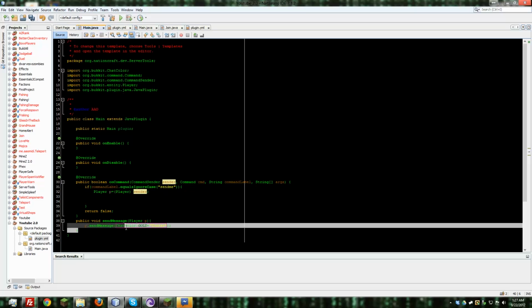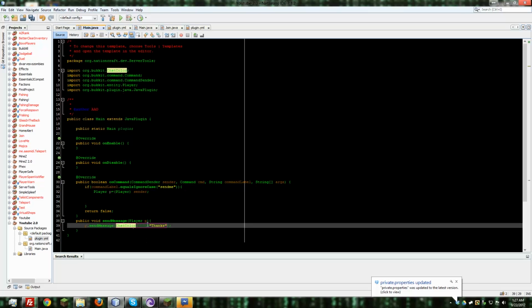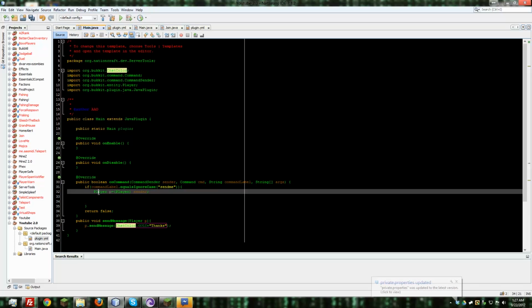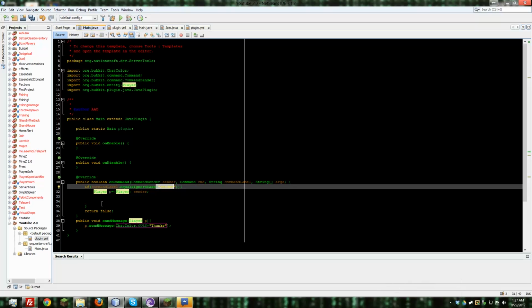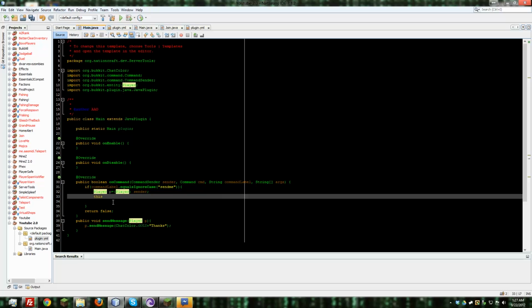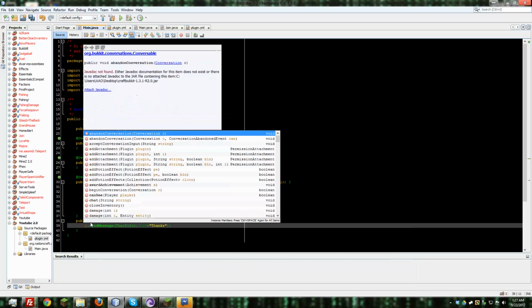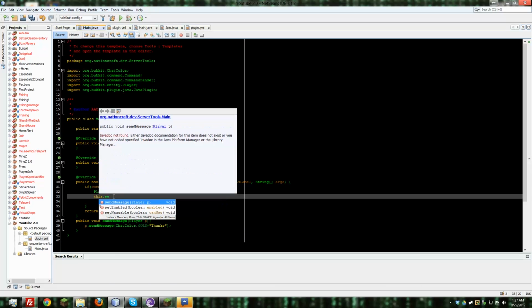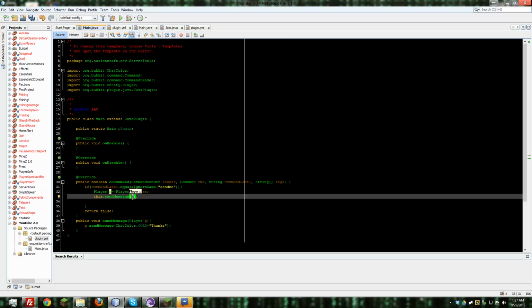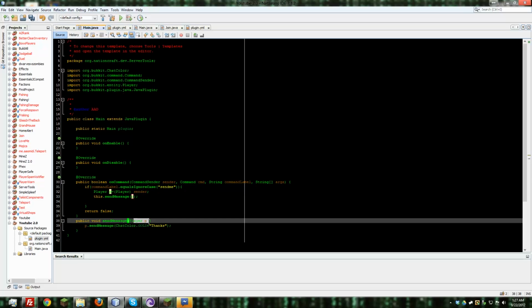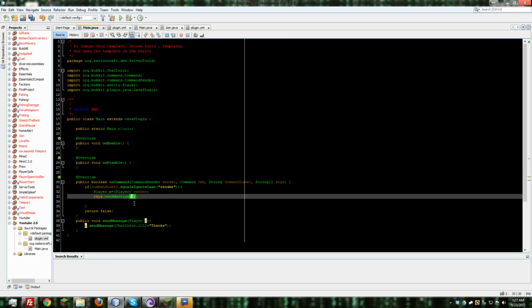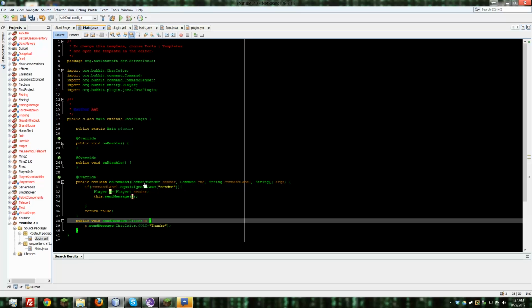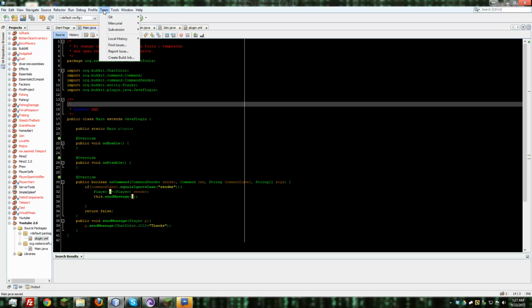So basically what this is doing is making something else to do the same message, but how are we going to call it so that when someone does send.me it will do it? This means this class, this dot, we name the public void send message, so this dot send message, and then to whom, that's where we define these, player p. So we're saying the player is p, which we define from here. And if we save this, if we build it,